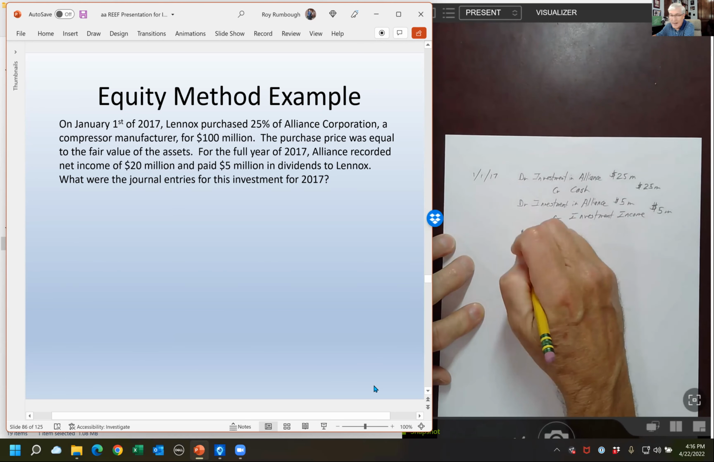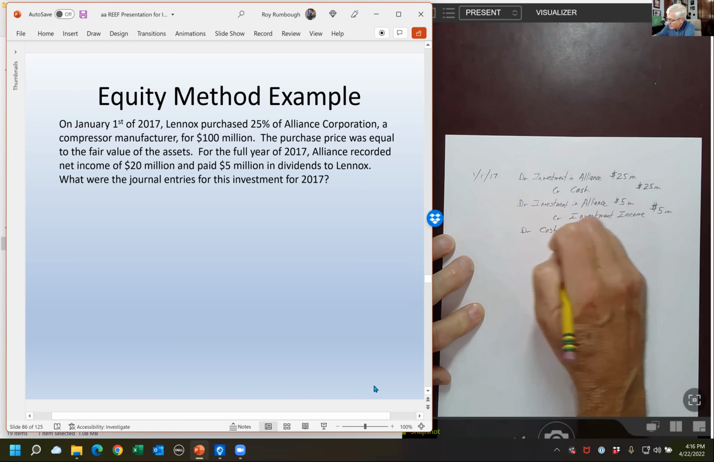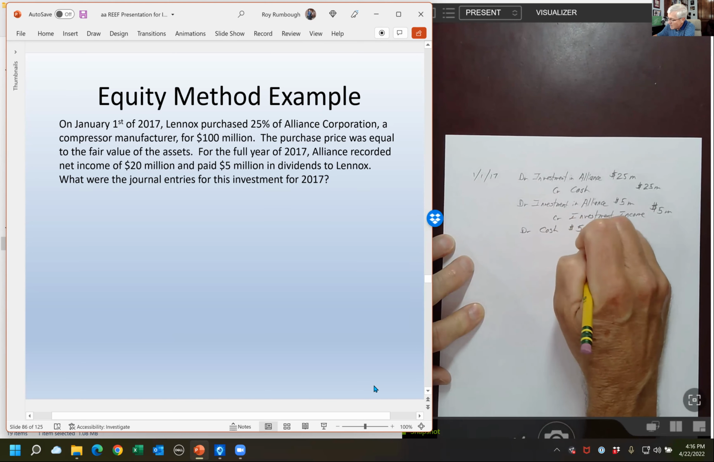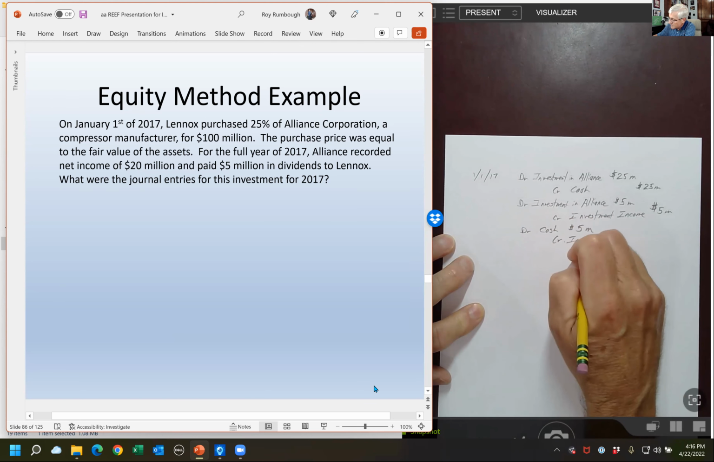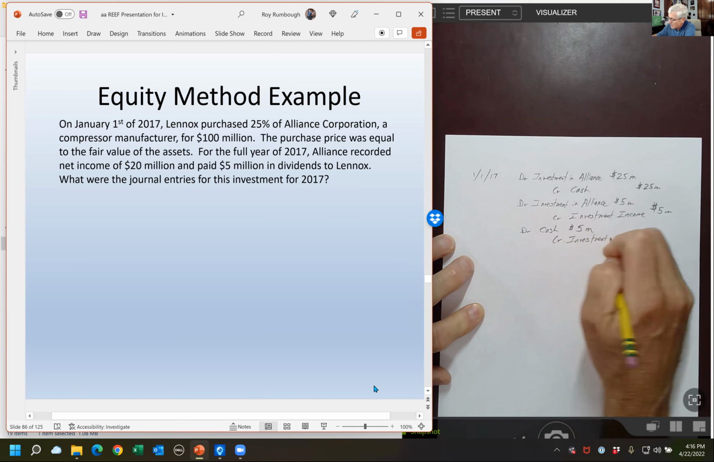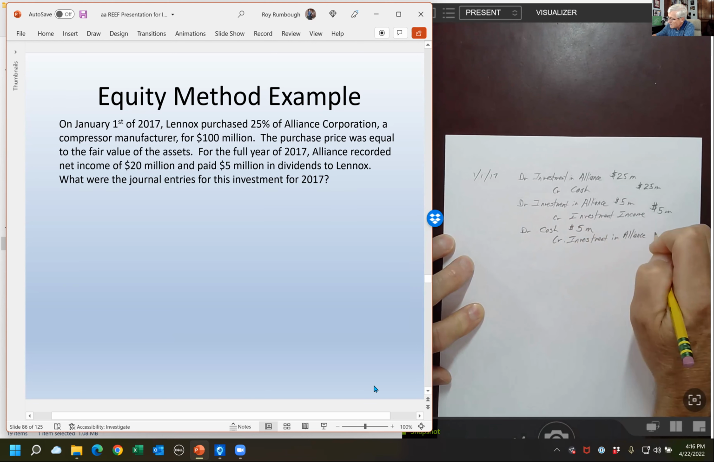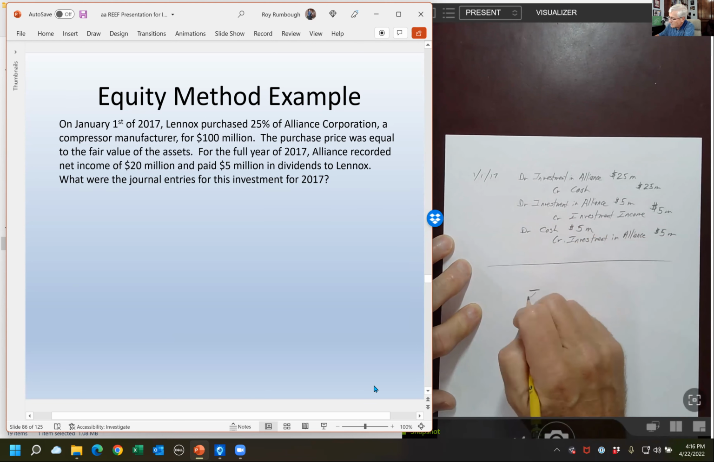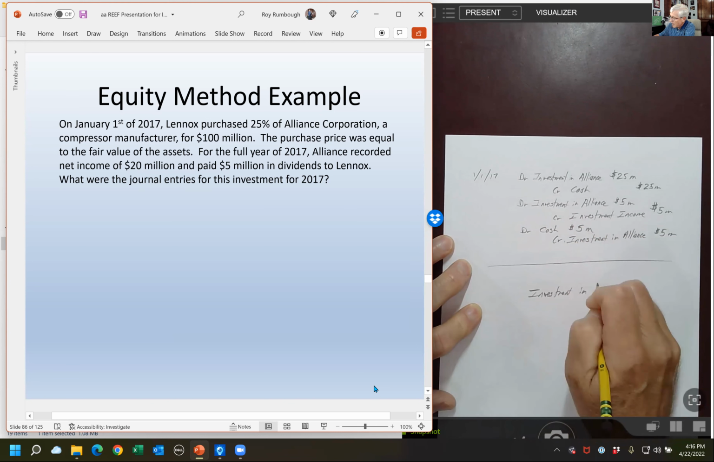So Linux now is going to debit cash for 5 million, and they're going to credit their investment in Alliance, 5 million. So if we look at that investment in Alliance account,